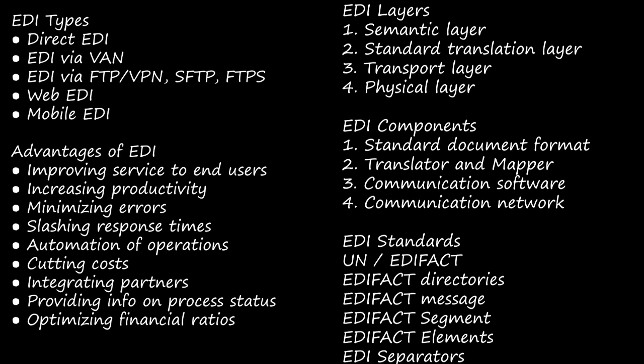And then we have seen about EDI standards, UN EDIFACT, that is United Nations Electronic Data Interchange for Administration, Commerce, and Transport. And then EDIFACT directories, EDIFACT subsets, EDIFACT structure, EDIFACT interchange. And we have seen about EDIFACT message, EDIFACT segment, EDIFACT elements, and EDIFACT separators. And in between we have seen about the segments and segment table also. You just read this chapter and try to find out the book back questions and study the 3 and 5 marks,